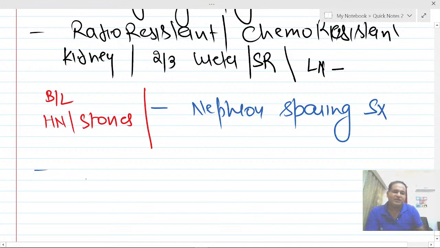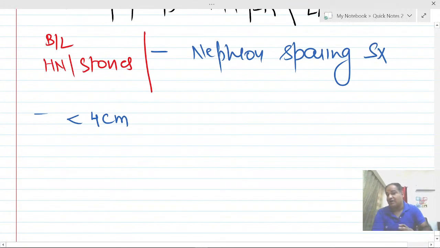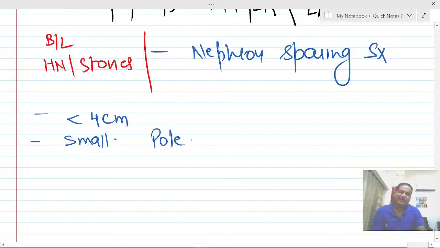So nephron sparing surgery is also done if the tumor size is less than 4 centimeter. Nephron sparing surgery means we will not cut the entire kidney. Fine. So it is done if the tumor is less than 4 centimeter in size. Fine. If there is a small tumor located at one of the poles,